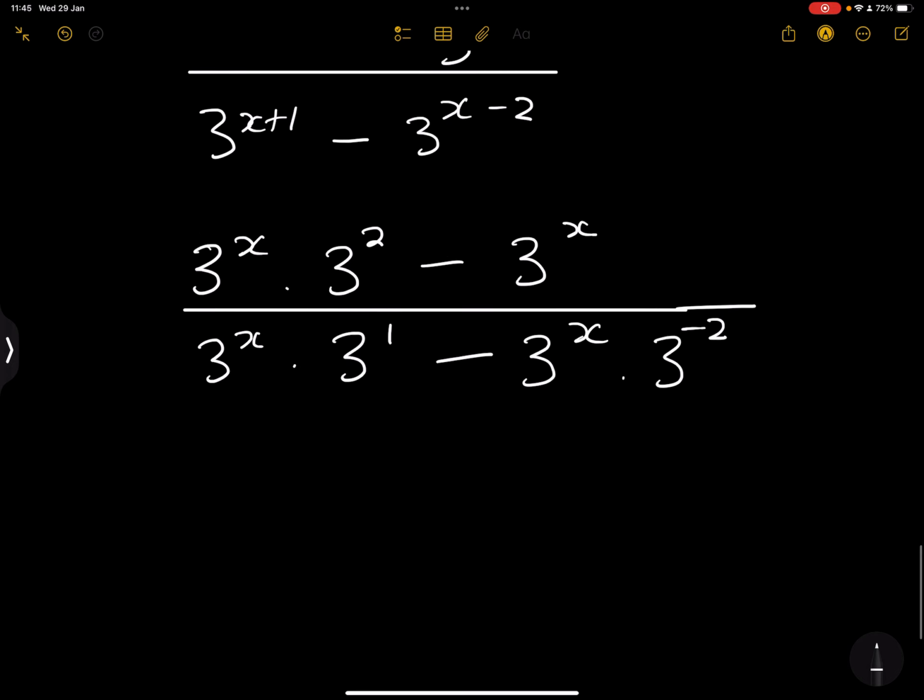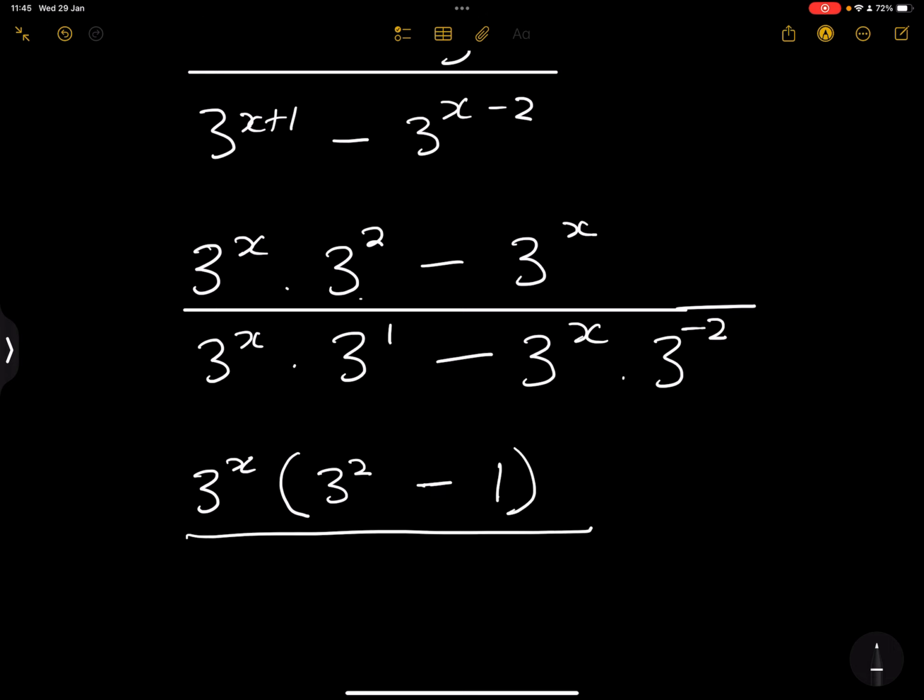So again, do we have any common factors? Highest common factor? Absolutely. So 3 to the power of x. So what are we left with in the first term? That's 3 squared minus 1. Divided by, again, 3 to the power of x. We've got 3 minus,